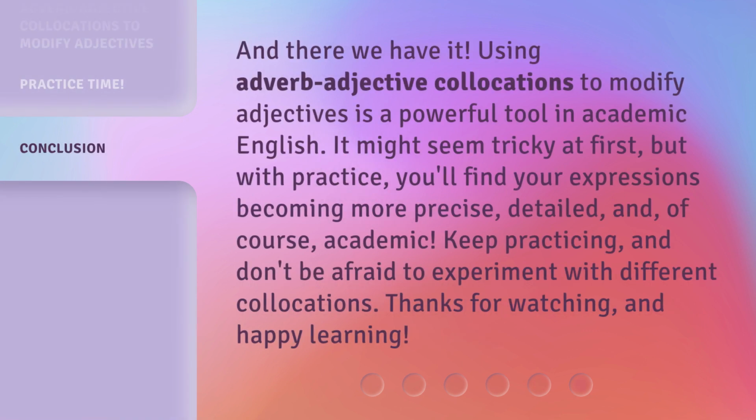And there we have it. Using adverb-adjective collocations to modify adjectives is a powerful tool in academic English. It might seem tricky at first, but with practice, you'll find your expressions becoming more precise, detailed, and, of course, academic. Keep practicing, and don't be afraid to